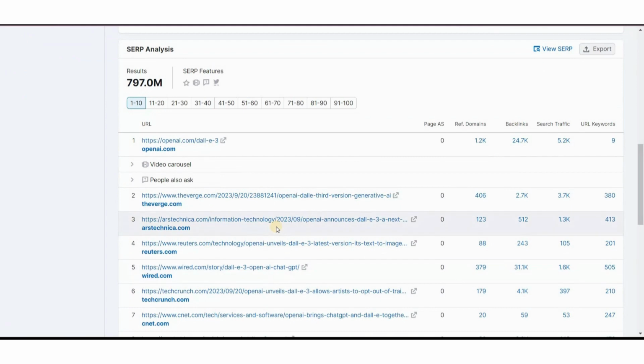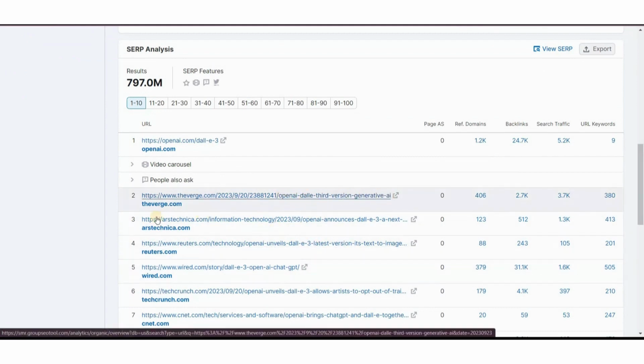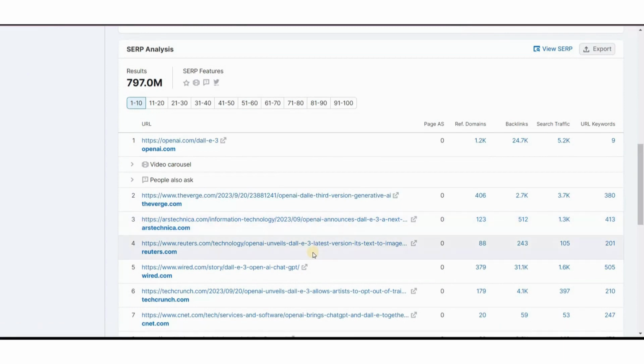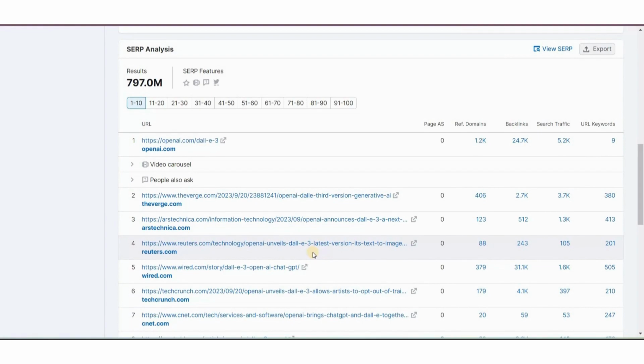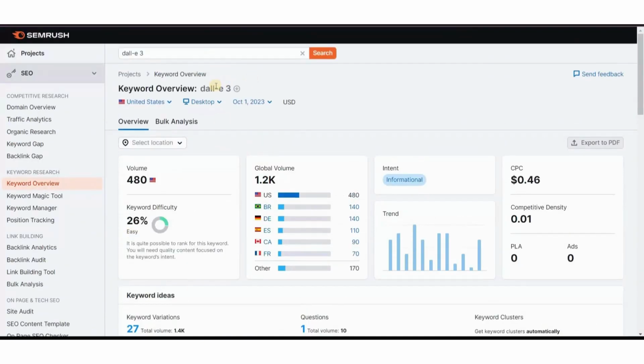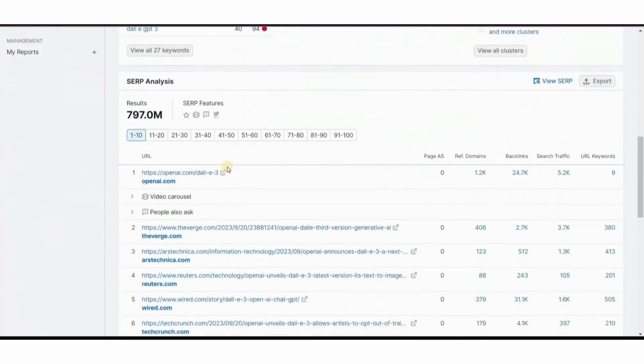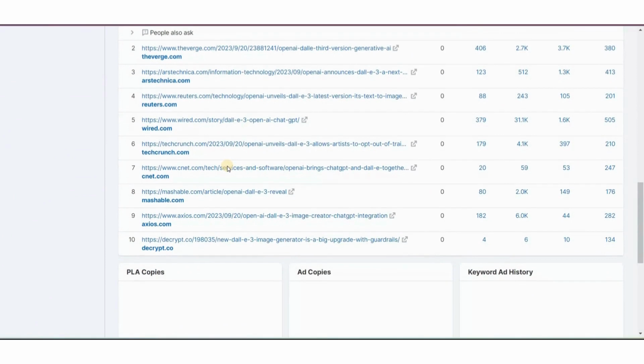Okay, but if you see one thing here, right? If you see the slug here, you can notice that no one is talking about how to get free access to DALL-E 3. So we can select this as our title, or you can select the broad keyword, like the long tail keyword, how to get free access to DALL-E 3. We can take this as a long tail keyword and target that keyword, right? So you can see here, from this short tail keyword we have found a long tail keyword. So we can use this keyword to create a blog post.